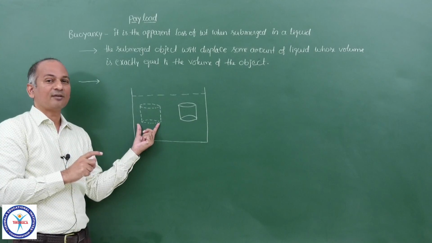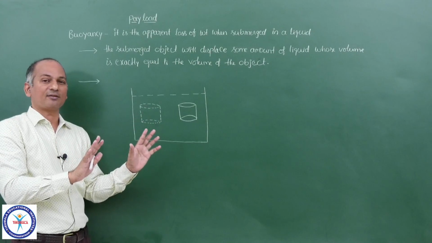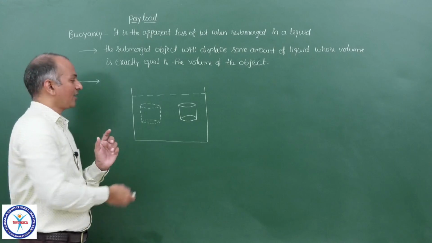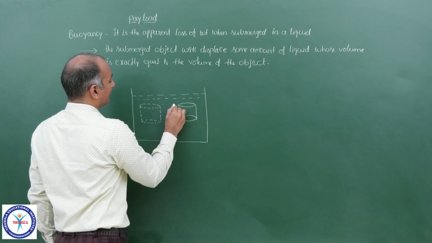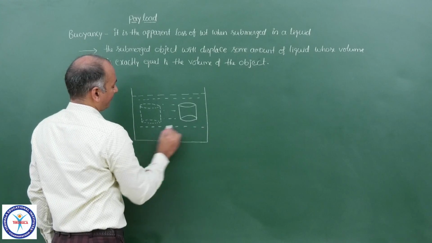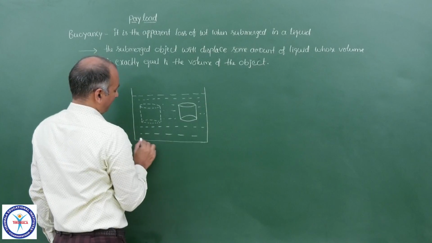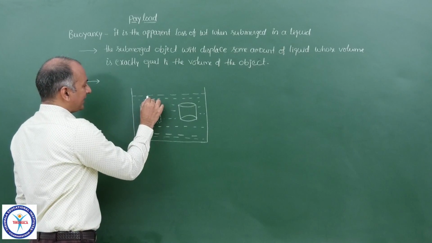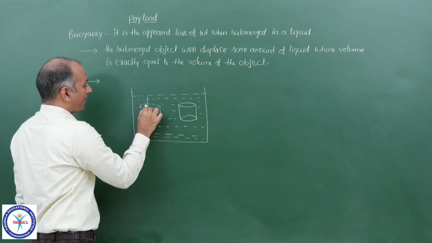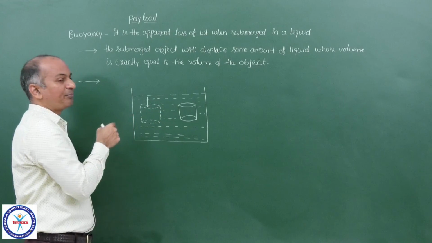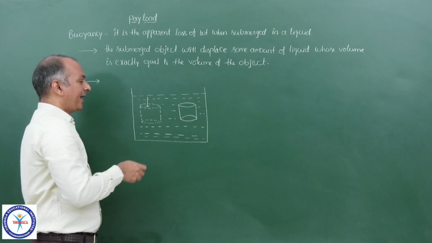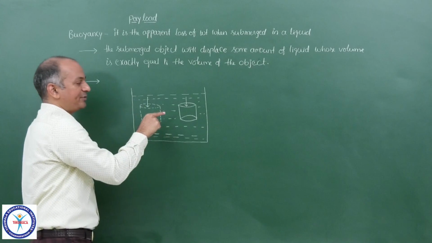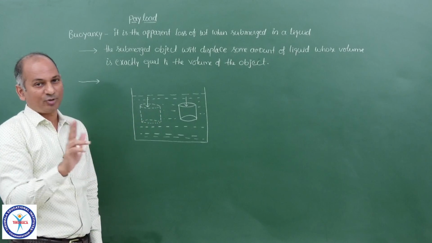Actually, this is not an object. We have not put any object here. This is just water. But we are imagining imaginary boundaries, same volume, same dimensions. So, this entire thing is water. Now see, the force that is exerted here on the upper surface of that imaginary sample of water, and the force that is exerted on the upper surface of that actual object, metallic can, same, do you agree?